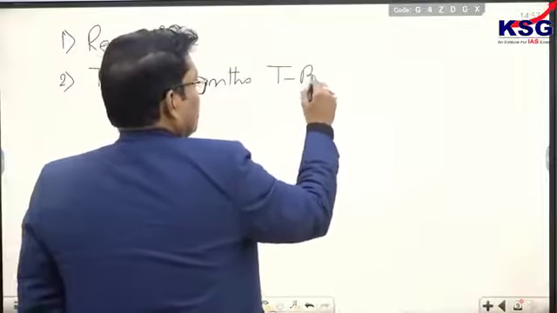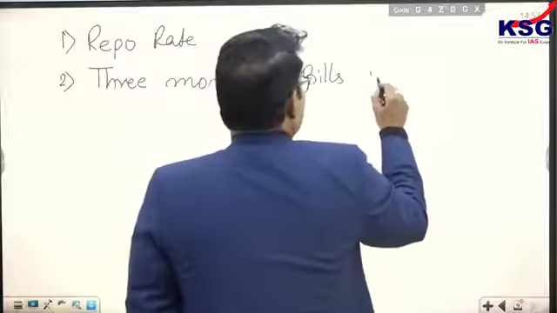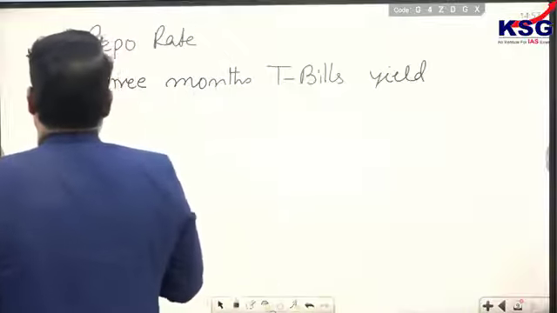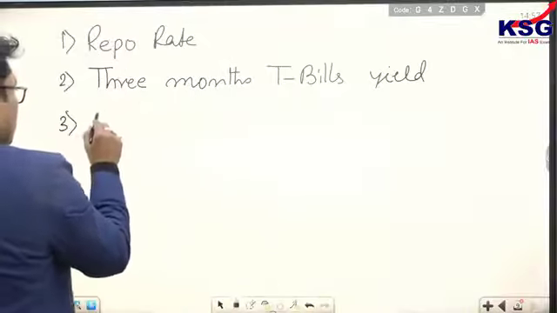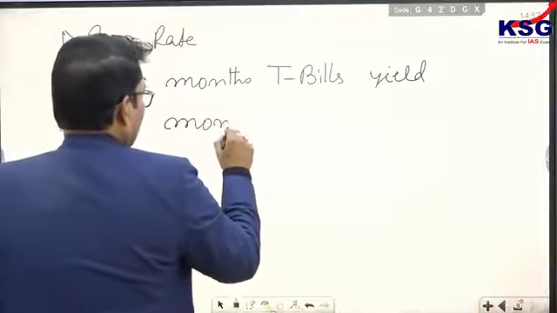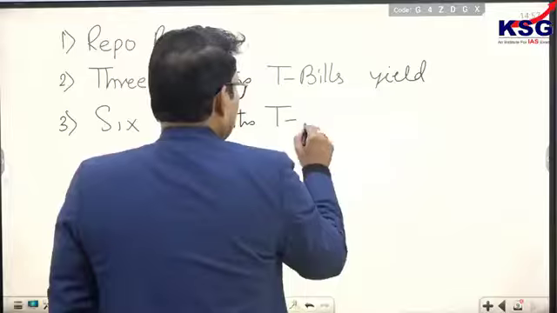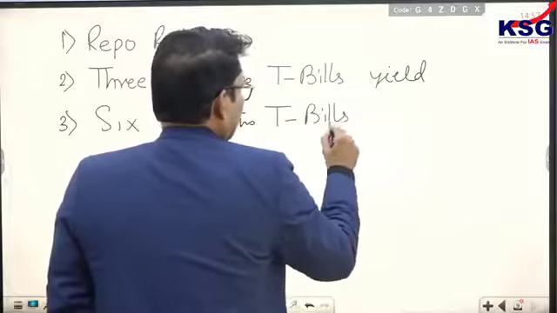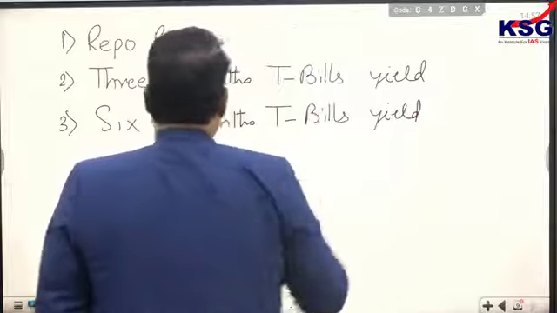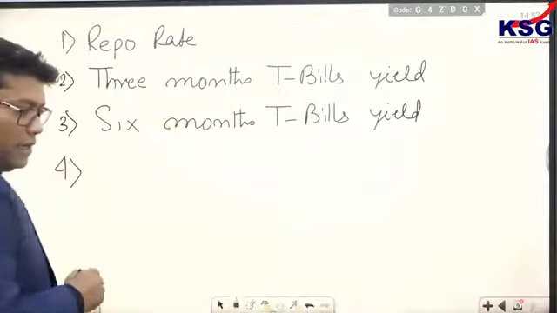I already discussed T-bills. Third one, 6 months T-bills yield. I'm telling you about yield. Just wait. Fourth one, any other benchmark interest rate